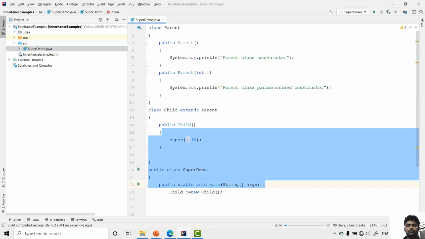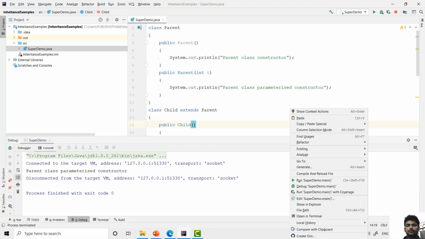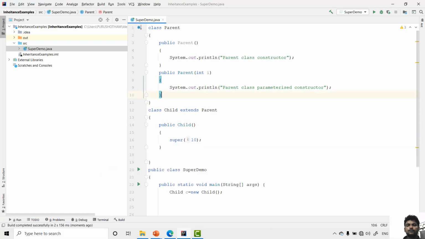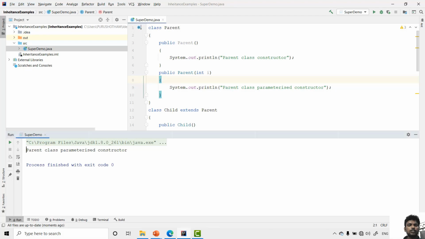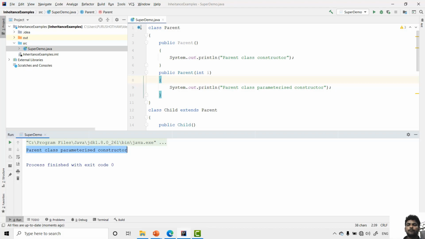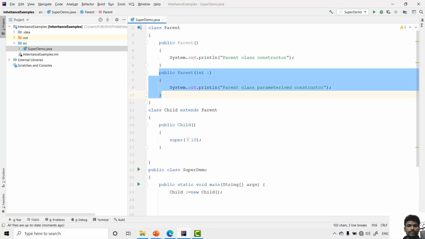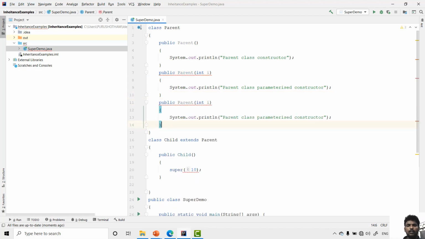Just a minute. Just run your program. Now see here, parent class parameterized constructor it is calling. So if you have one more constructor, and this time I have multiple values here, multiple arguments here.